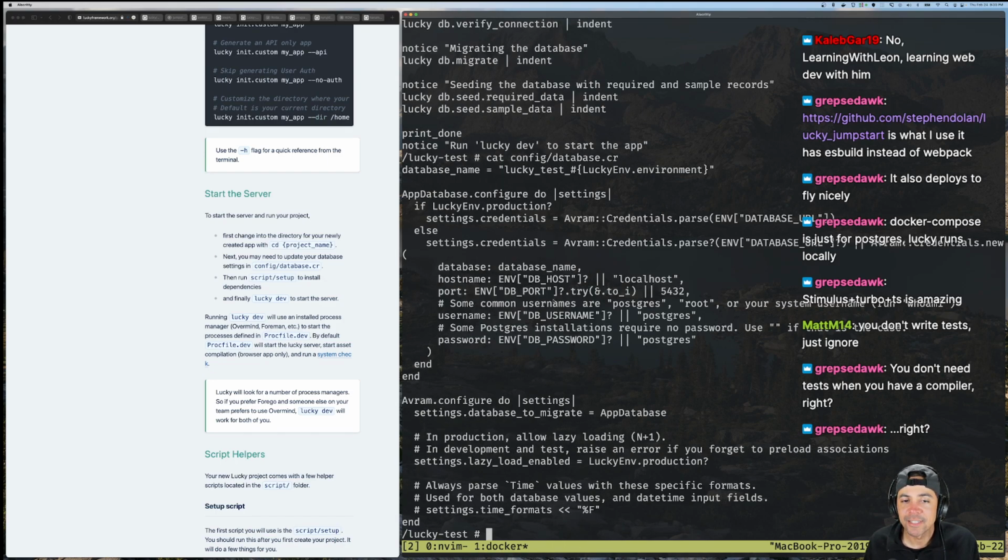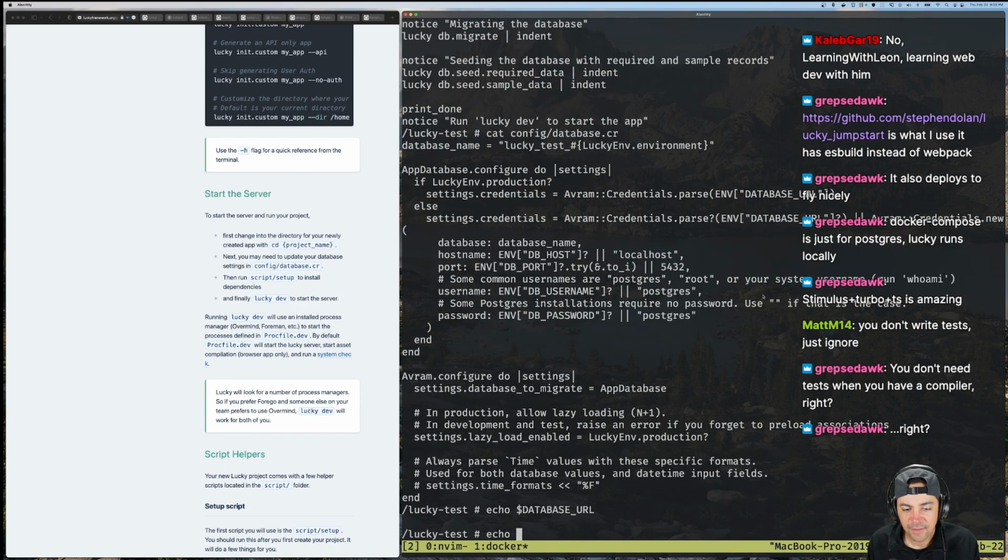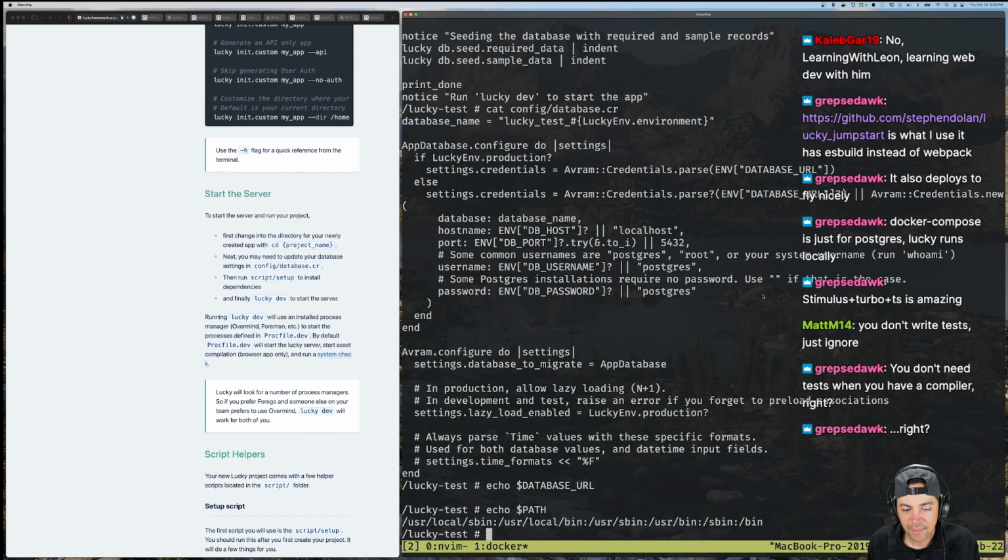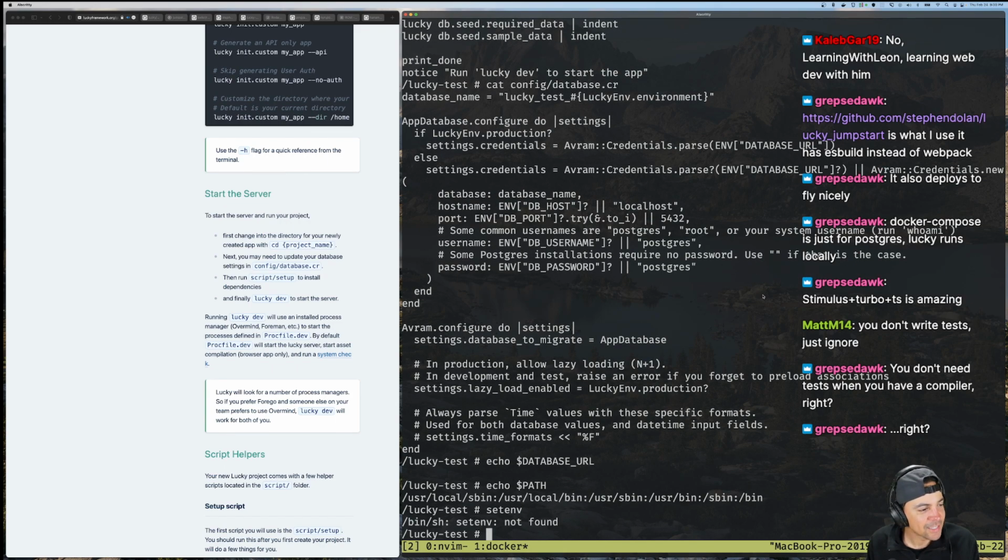Just, oh, maybe it's not. If production else database URL. I don't think that's a thing that I'm doing here. Is that what I do for echo? Echo path? Yeah, echo. I don't have a database URL. Env. What do I do? Is it set env? Is that what it is? No, that's not a thing. I'll just say database URL. Actually,